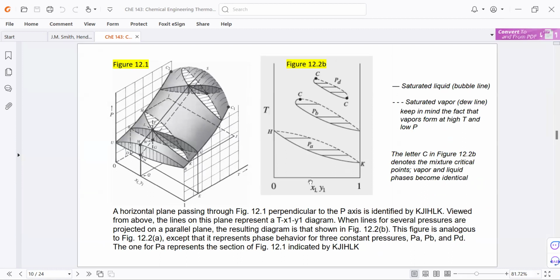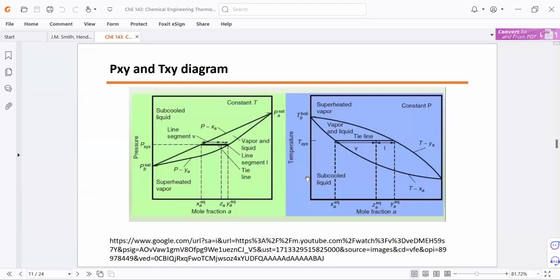All right. So next, we have a link right here for a video on how to create the PXY and PX diagram. So at this point, I will stop the video, and we will include the link of this YouTube video in the supplementary video materials. Okay, but before we stop, let's review the regions and lines and points on the PXY and TXY